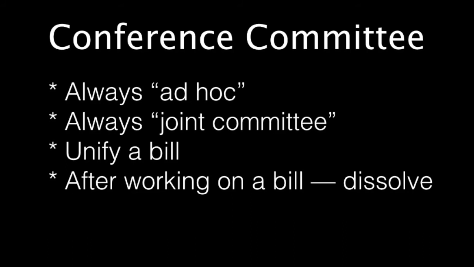When legislation is created, both the House of Representatives and the Senate will have different versions of the same legislation. By the time the process takes place in the House and the process takes place in the Senate, each body will have a version of the bill that is completely different, because there'll be different things added to the House version and different things added to the Senate version, and at the end of the day, you're going to wind up with two very different pieces of legislation: the House's version of a bill and the Senate's version of the bill.